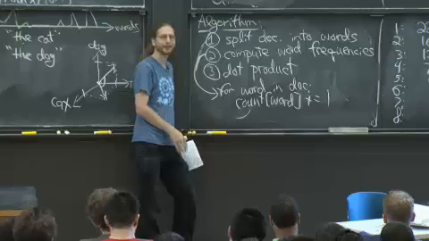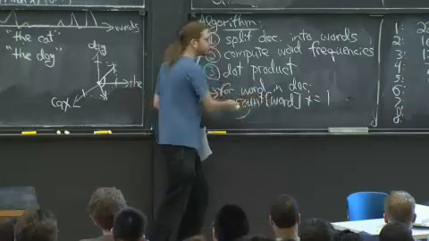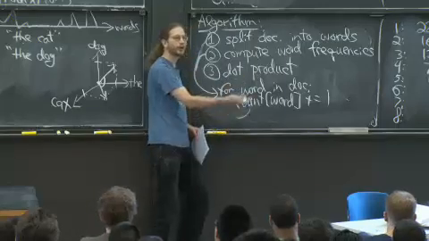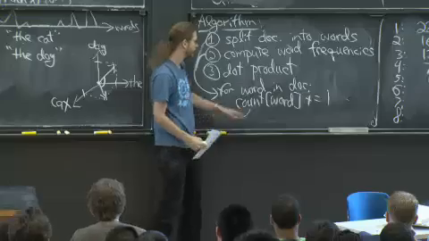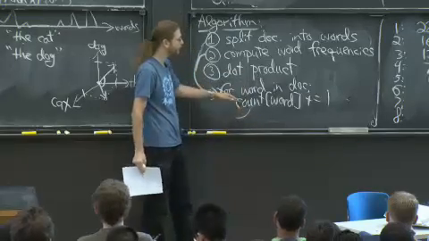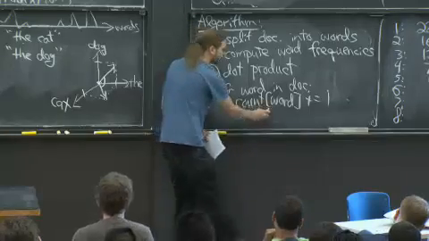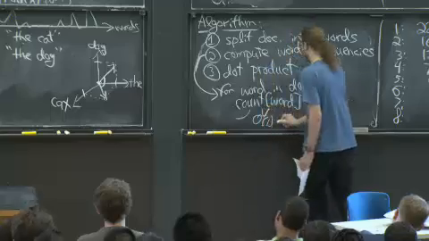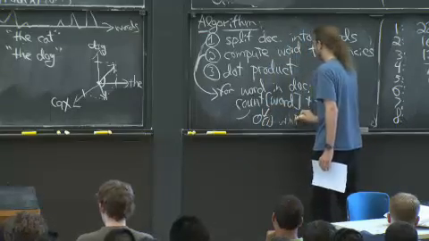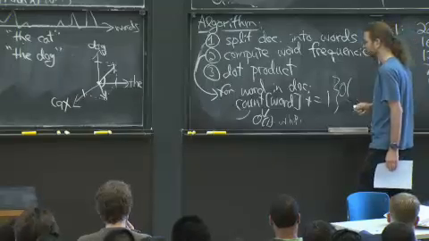This would work if count is something called a count dictionary, if you're a super Pythonista. Otherwise, you have to check: is the word in the dictionary? If not, set it to 1. If it is there, add 1 to it. But I think you know what this means. This will count the number of words, and the frequency of each word in the dictionary. And because dictionaries run in constant time with high probability, this will take order